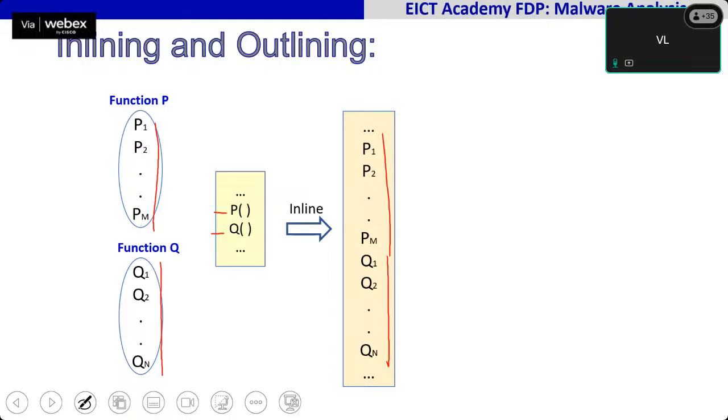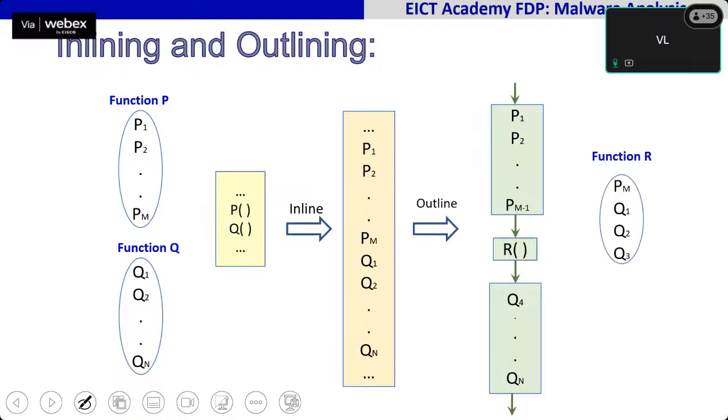Now I can achieve the same effect by doing something like this. I can make it P, R, and Q, where the new function P